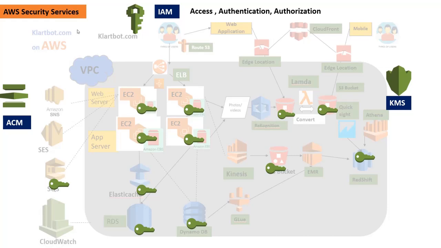So to generate those certificates, to add those certificates, we have this ACM service. What this service will do is generate the secured certificates. It will add those certificates to CloudFront. In our infrastructure, we will add these certificates to two places, CloudFront and Elastic Load Balancer. Here we will add those certificates